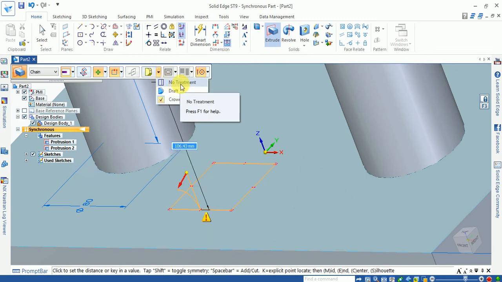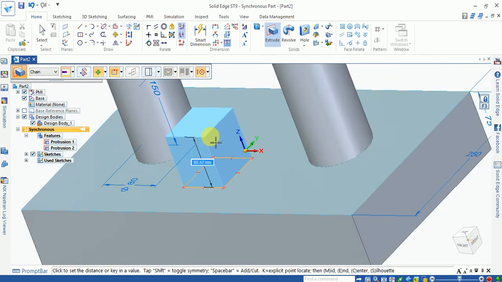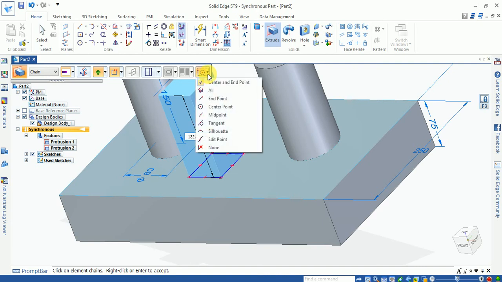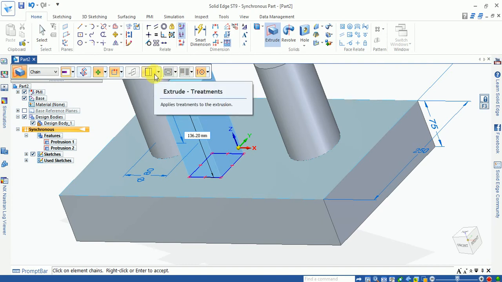Now this one is the node treatment. This one is the point, center point, end point. Locate the center point. Different points are available to locate your sketch, extrude, cut, and apply features. Now this one is the main features of the extrude.